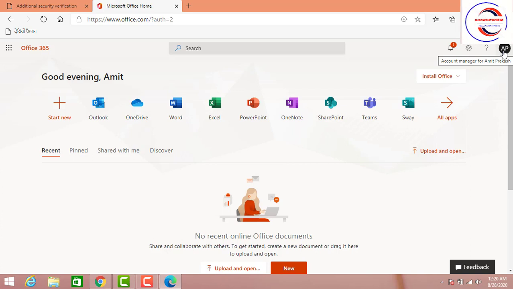Now it's time to check whether we have successfully entered in the Team or not. As I told you how you are getting the user ID and password, for that you have to use the user ID which you got from the institution, and the password which you have changed recently, in your Microsoft Teams application which you have downloaded from the Play Store. You have to go to the Play Store and download Teams. After downloading Teams, click on sign in and provide the user ID and password.